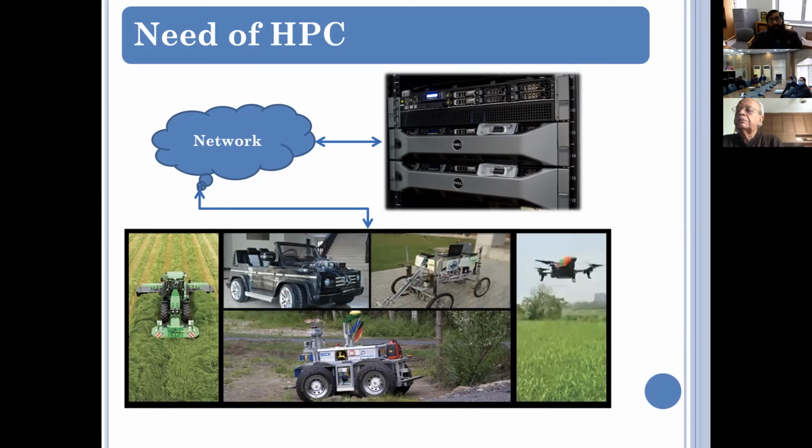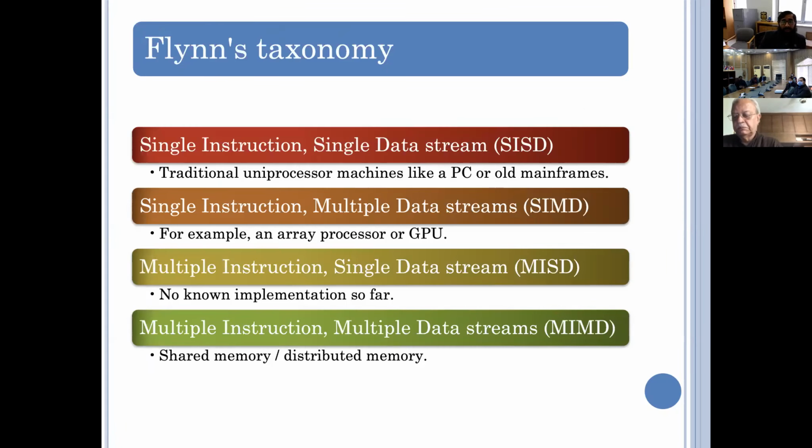But based on the available processing, we can see a lot of people are using deep neural networks either in biology, physics, or mechanical engineering. All of them are using these networks for predictions. So before going to HPC, first we should know what kind of computation facility we can have right now.